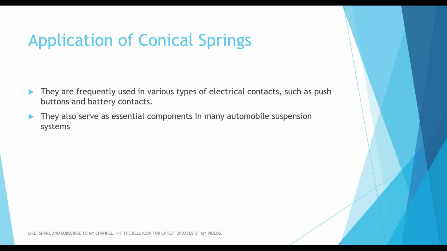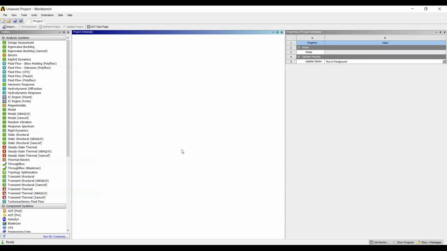So this is some concept for conical spring which is required for modeling and analysis. When you are going to obtain the results, you need to have all these things in mind. In conical spring, the stress is mainly because of shear. So we are going to find out the shear stress in conical springs. So now let's go to ANSYS and start the analysis. I'll first go to static structural and double click.